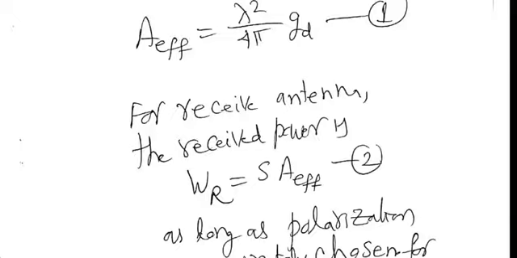For a receive antenna, another way of looking at effective area is if you know the value of the pointing vector coming in and you know the total power received, then divide total power received by the pointing vector. You'll get something in meter square. That is the effective area, or effective aperture, of the antenna. It can be shown that equations 1 and 2 are equivalent to each other. For a transmit antenna, maybe we'll use equation 1 to figure out A effective. For a receive antenna, we might be interested in using equation 2.